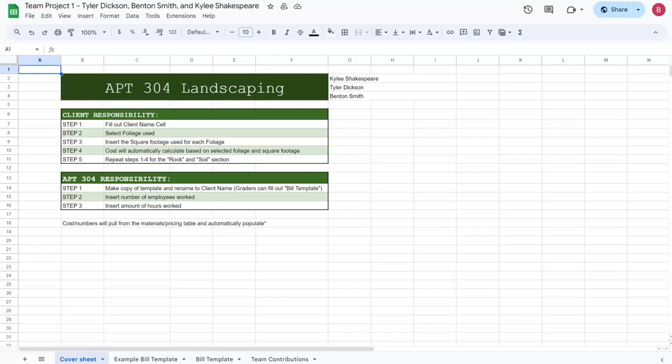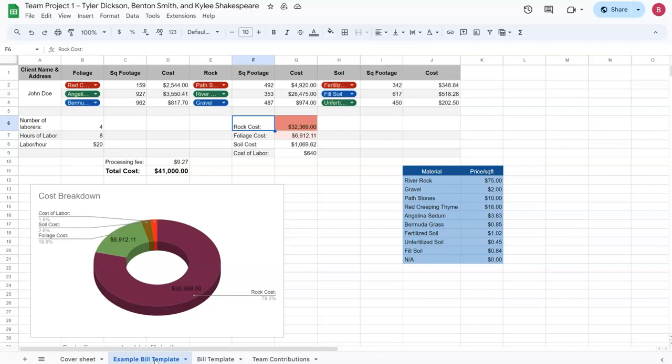Okay, I'm Kylie Shakespeare, and this is our apartment 304 landscaping sheet. So this is our cover sheet. We have our client responsibility laid out here, just with 5 easy steps of how to go through it, and then what we need to do as the company. Next, just generally dividing up the sheet, we have an example bill template and then an